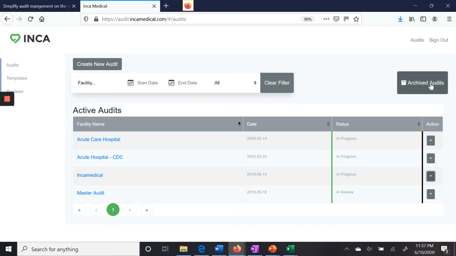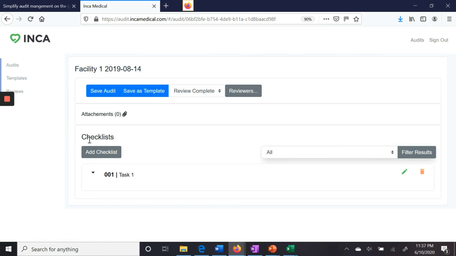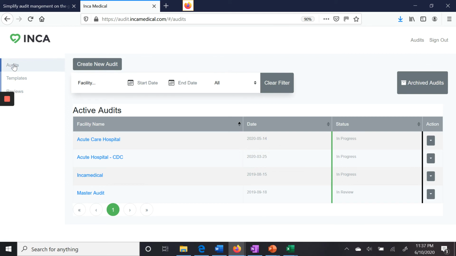Well, now you can click this Archive Audit button, and what you're going to see are all those audits that you've archived out there, and be able to drill into each of these audits to see whatever information you might be interested in. So that's how we go about cleaning up our initial screen here, our active audit screen,